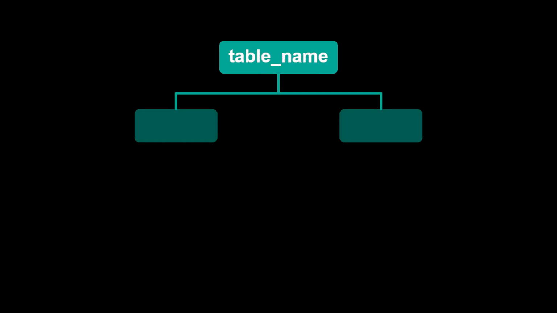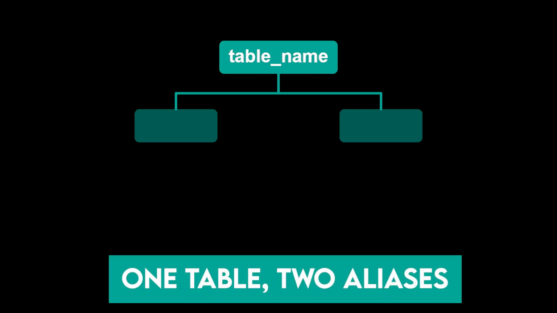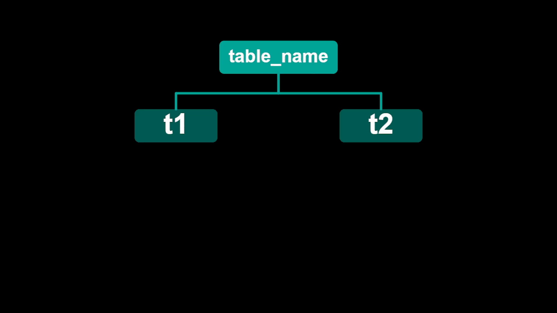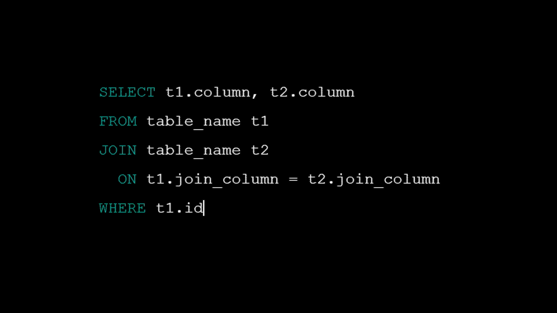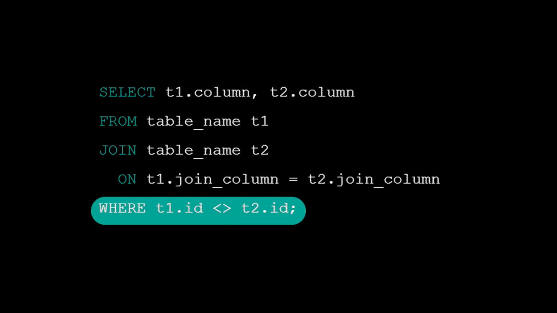First, the mechanic. A self-join is just a regular join where both sides point at the same table. You give it 2 aliases, call them T1 and T2, doesn't matter, and SQL treats them like 2 separate tables sitting side by side. That last line does the real work. T1 ID not equals T2 ID excludes a row from pairing with itself. Skip it, and every row in the table matches itself too, which sounds harmless until you see what it does